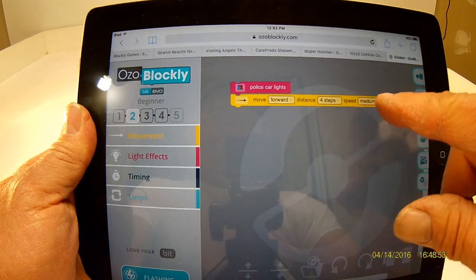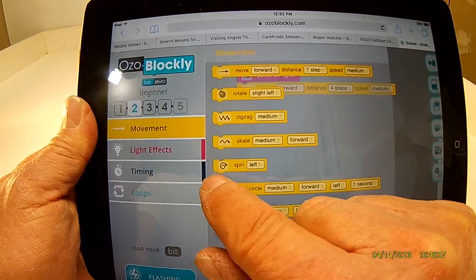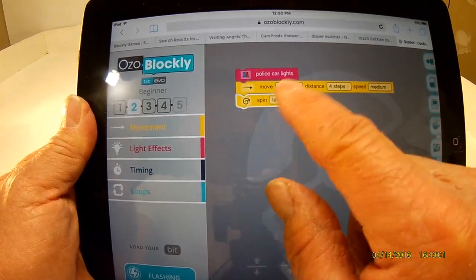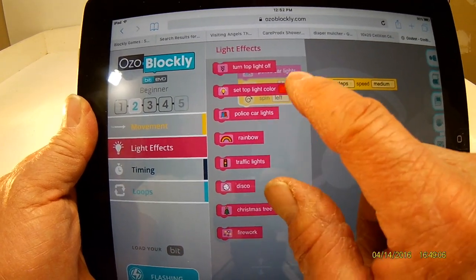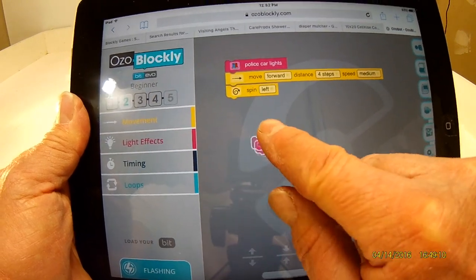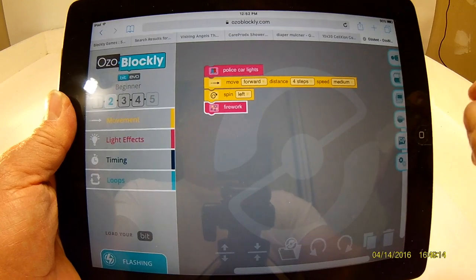We move forward 4 steps at medium speed. Then, when I finish my little deal, I'm going to do a spin to the left, and I'm going to do, let's do fireworks. Okay. So now,